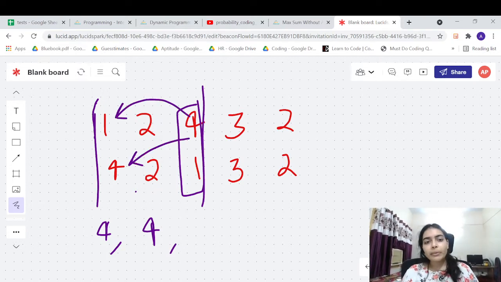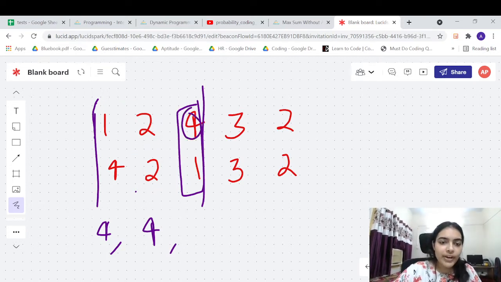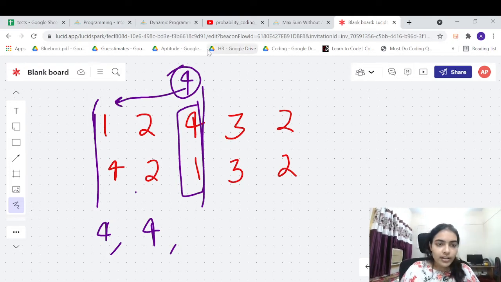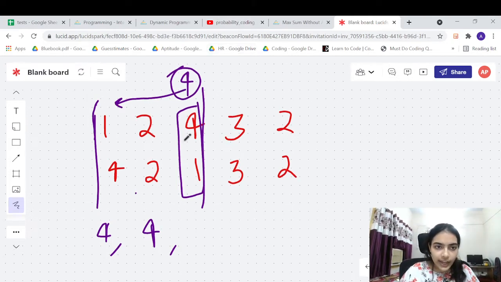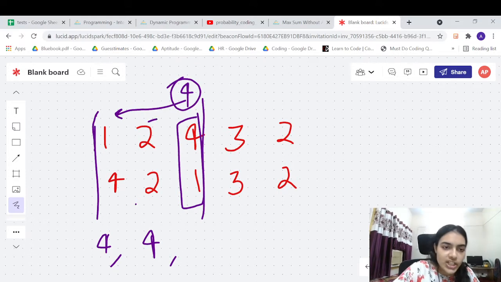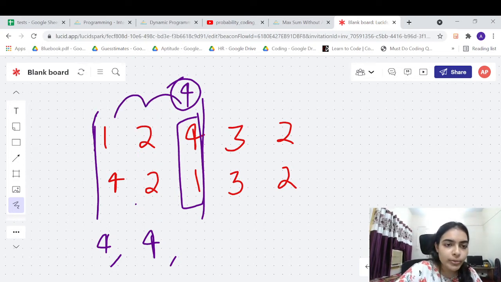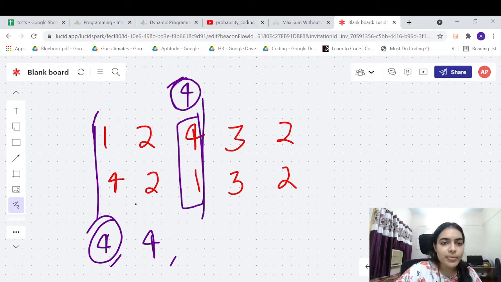So what will be my DP logic? First of all, I will find the maximum from both. I have only two rows, so the maximum from this is 4. 4 is bigger than 1, so I will choose 4 from this particular column, and I will decide whether to take the element in this column, or the column that was before. From this column the answer is 4, and from this column the answer is 4.